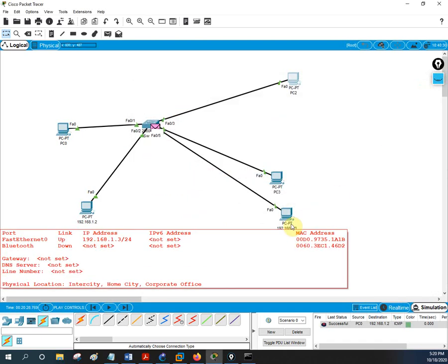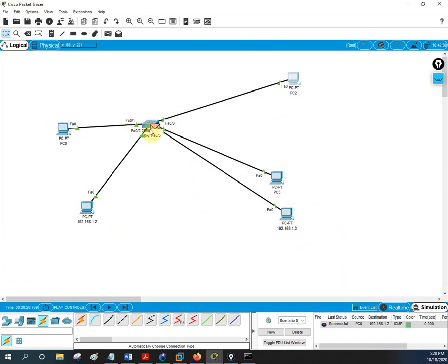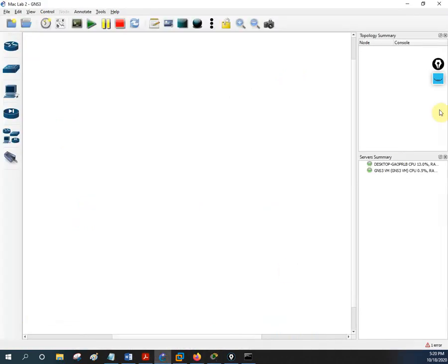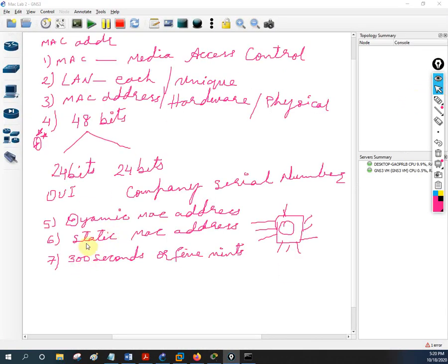Why do we want the MAC address? If we don't have the MAC address, then the switch will flood the packet like this. Let me go here and tell what we discussed. We are saying dynamic MAC addresses and static, then for 300 seconds or 5 minutes the switch will hold the information about all the MAC addresses. If the PC is not working, then it will automatically be deleted from the MAC table. Aging time is used to remove the inactive MAC address, and it is 300 seconds. You can say it in these words also.